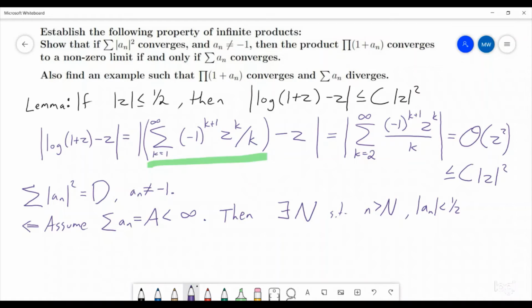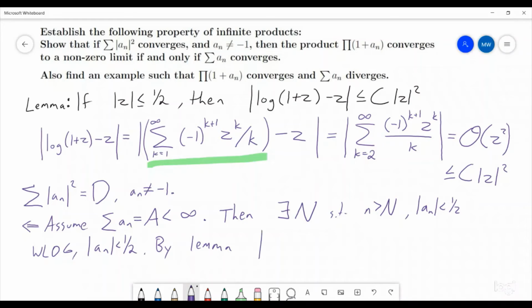So we're going to say, assume without loss of generality that all the a sub n's are less than 1/2. So without loss of generality, the modulus of all of them is less than 1/2. Now what are we going to do with this? Well, now what we have is our previous lemma. So by the lemma,